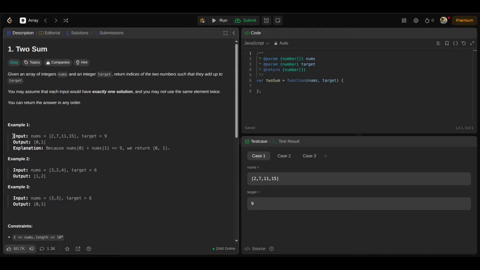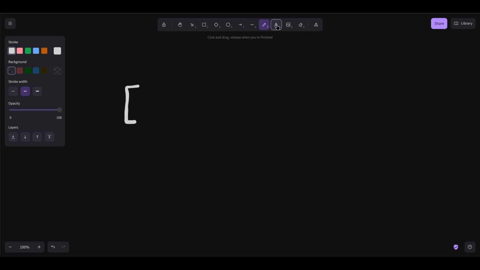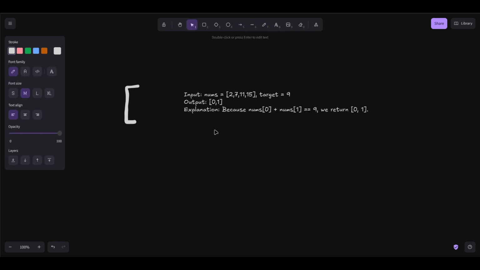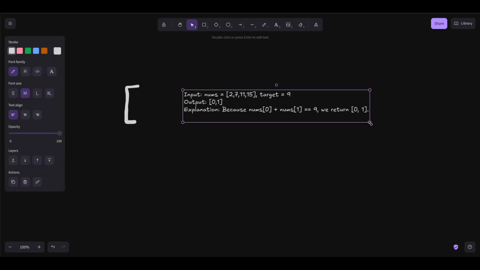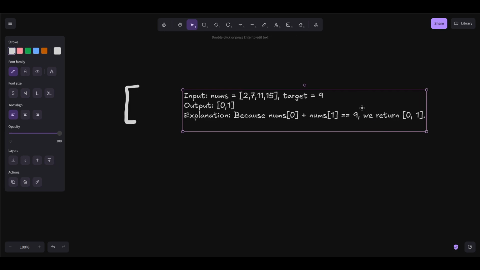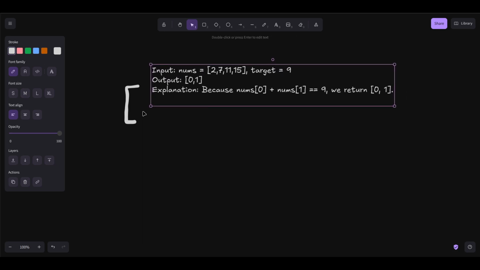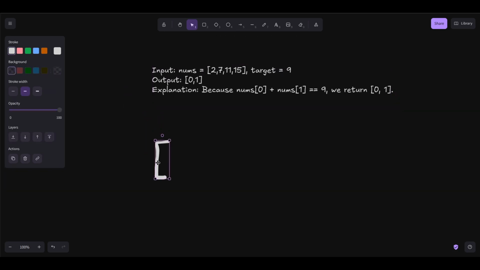Let's copy the example. Come here, add a text here. So this is basically our question and our expected output. So when we iterate through this,